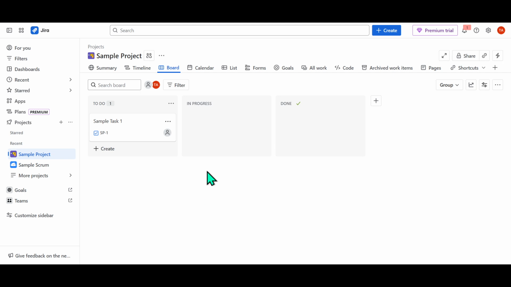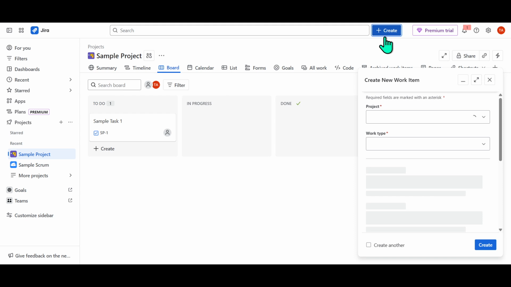Now, if you're ready to create an epic, let's move forward and demonstrate how to do this in Jira. First, you'll want to navigate to the top of your Jira dashboard. You should see a button labeled Create. Give that a click. This will open up a new window where you will input the details of your new